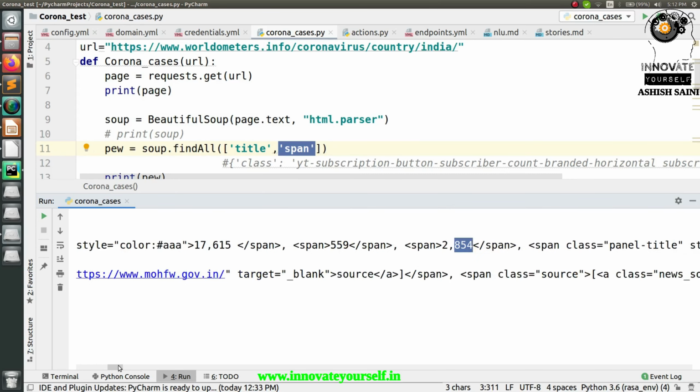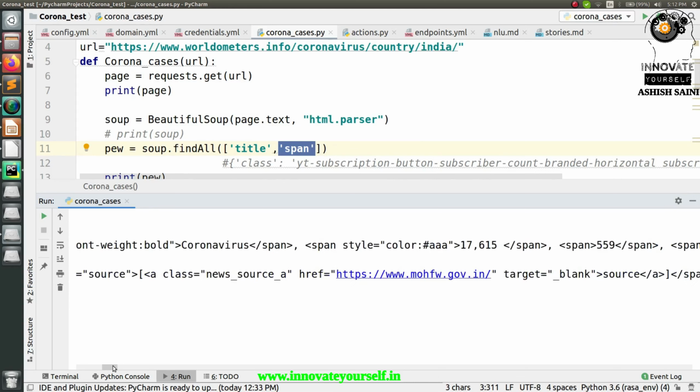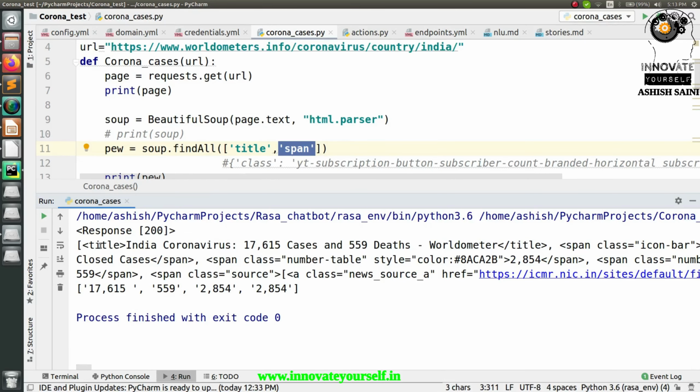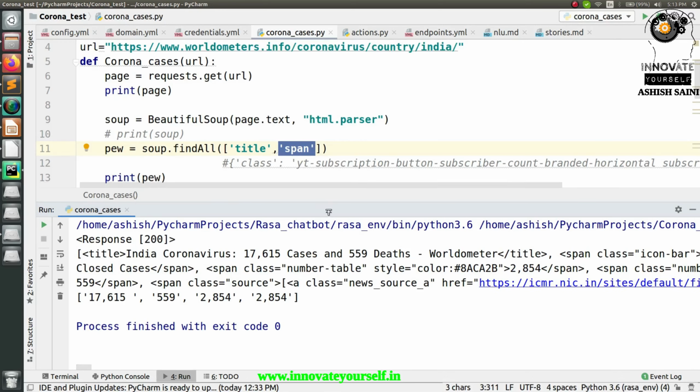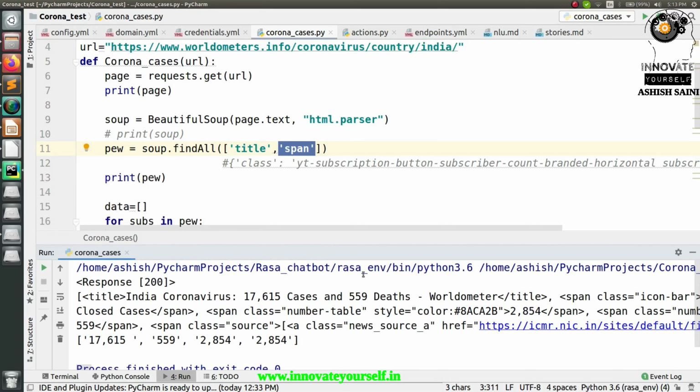But now you can see all the values are associated with span generally and mainly. So if you want, you can remove this title as well, right? So this is how you can do it. But in my case, I was able to do it in a very quick manner using this title and span. So that's why I have just used this part, right?